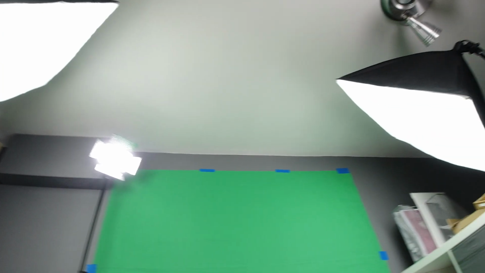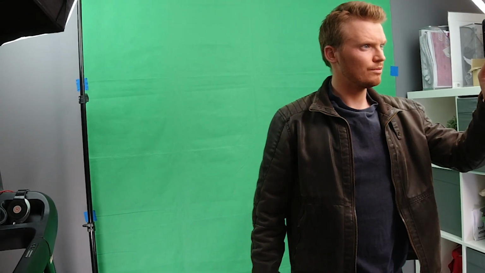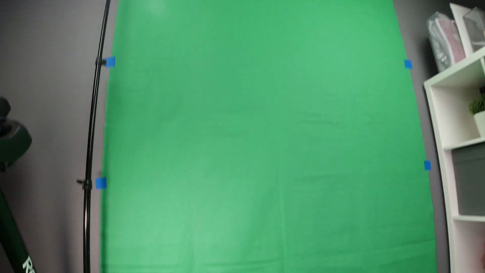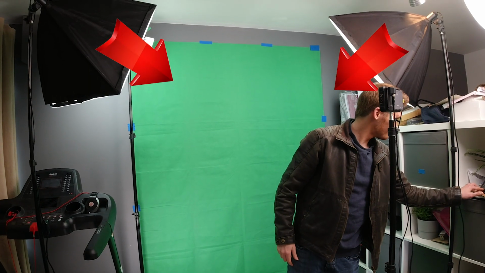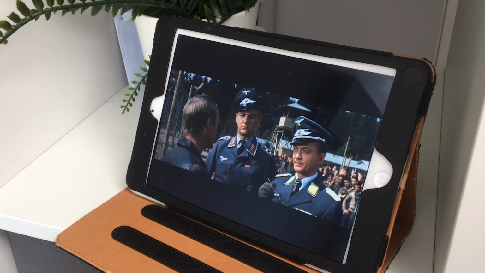So this wasn't a massive room that we tried it in, and usually with a green screen you want as much space behind your actor as possible so that you don't get the green spill onto them, and you need room to evenly light it, but in the end we were able to basically do even lighting with two large lights on each side at the top corners and two smaller lights on the bottom two corners. We also had a large key light with a softbox on it, and that was going to be my main light for copying the lighting in the original films.